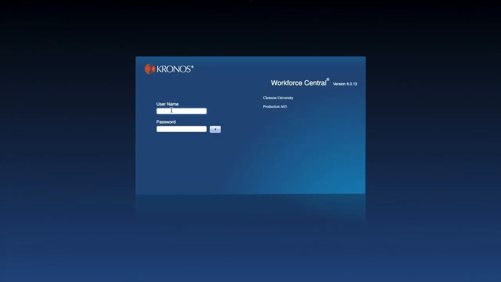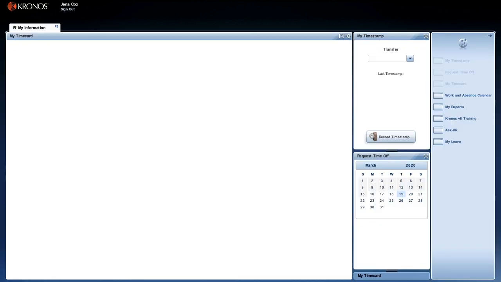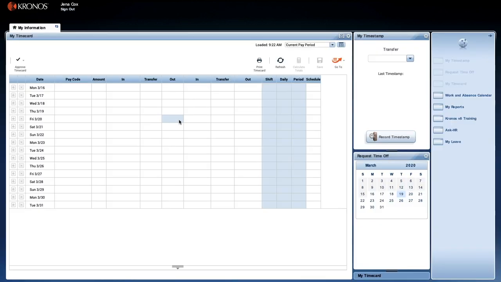Okay, when you get to Kronos, you want to enter your Clemson username and password. Okay, so when you get into Kronos, this is what you're looking at. To punch in, the very first time you do this, if you've never done this on a computer before, you're